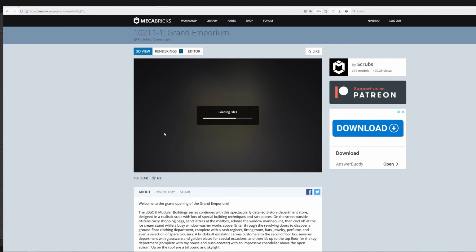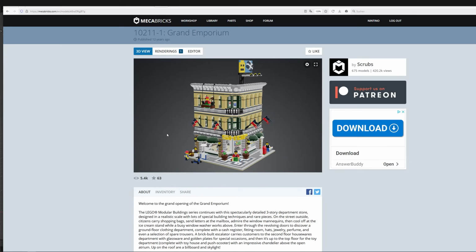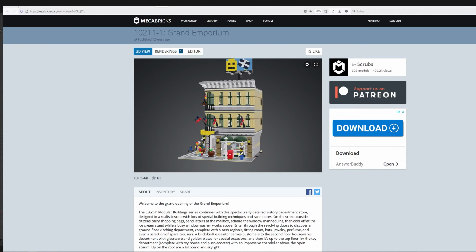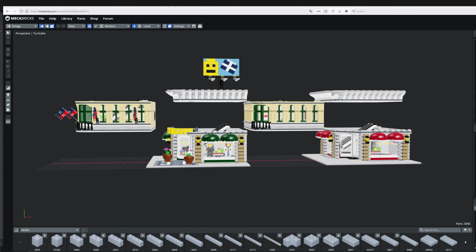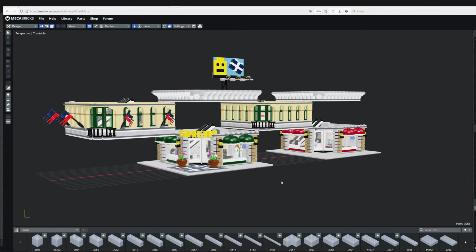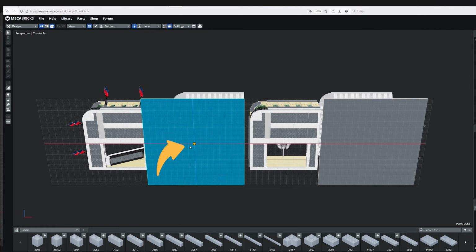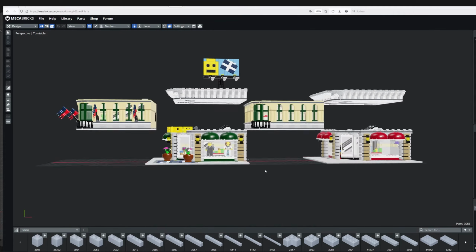Here we can implement a few previously learned techniques and do it better than with our first building. The way I always do it now is that I create a variation for each floor directly in Mechabricks. I also move the floors around in this pattern, which makes it much easier for me to select the right objects for each floor in Blender. Just make sure that one of the ground floors is in the center of the scene.